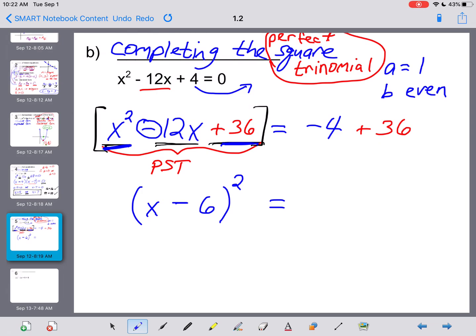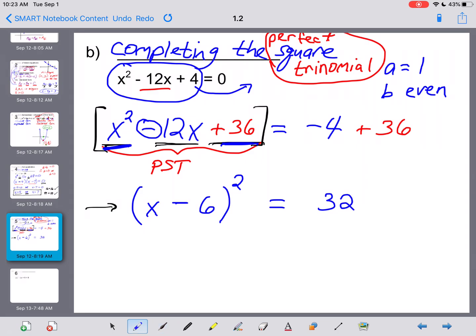Negative 4 plus 36, last I checked, was 32. And now, the beauty of what we just did here is that we just took an expression on the left side that had both an x squared and an x, and we now found a way to write it right here with only one x in it. And the significance of that, everybody, is that with just one x,